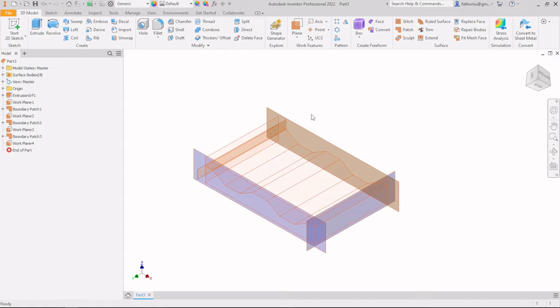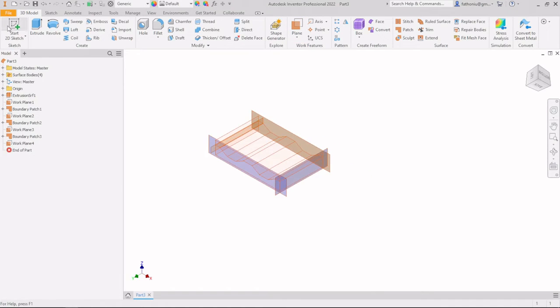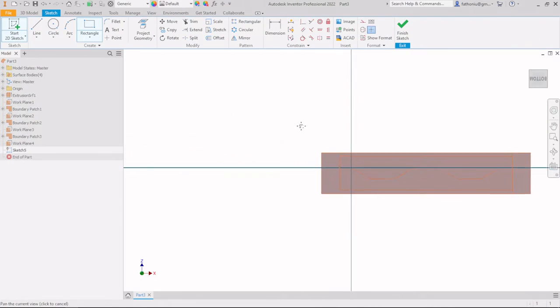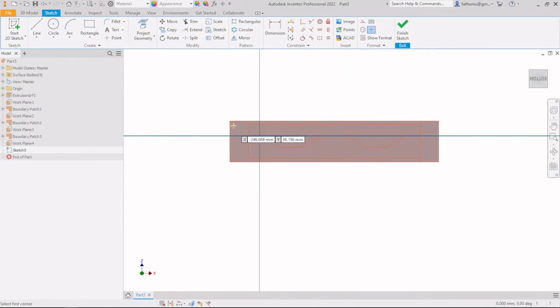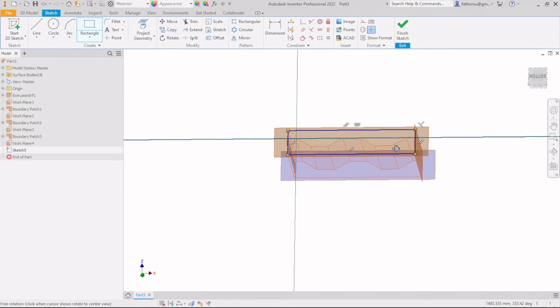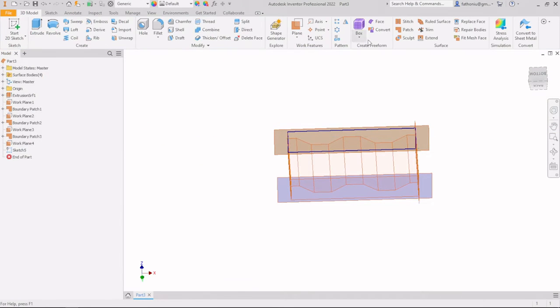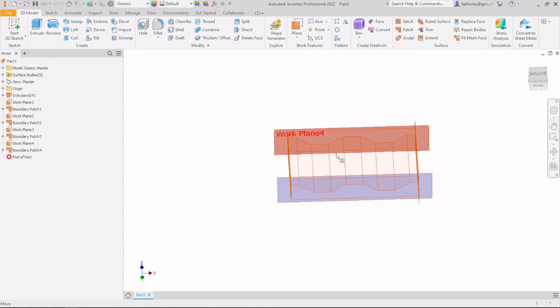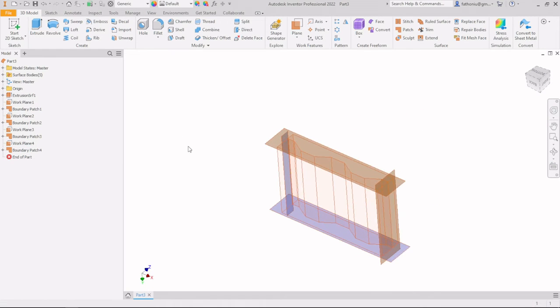Okay, then after that we start the sketch, and then we create a rectangle from this point. That one, and then finish. After that we do patching, select them. Okay, so then basically we already have the shape,